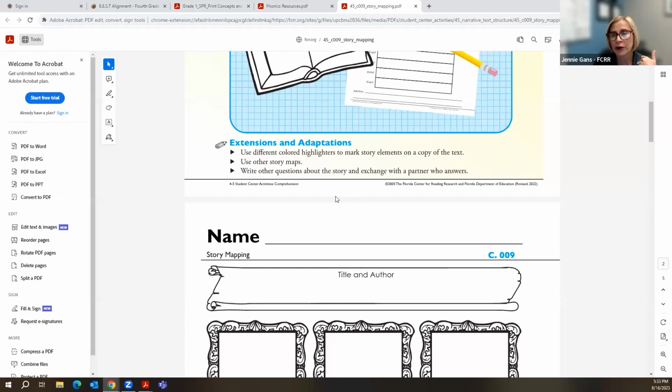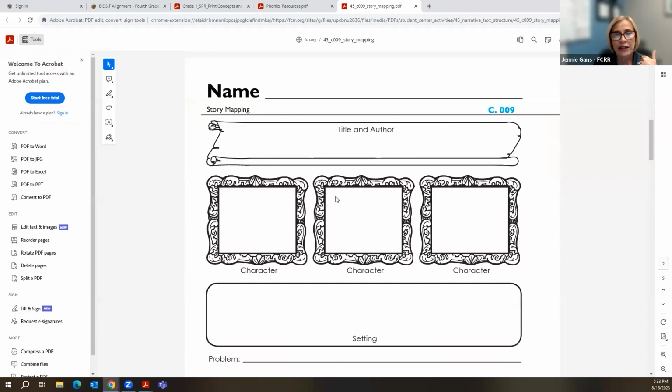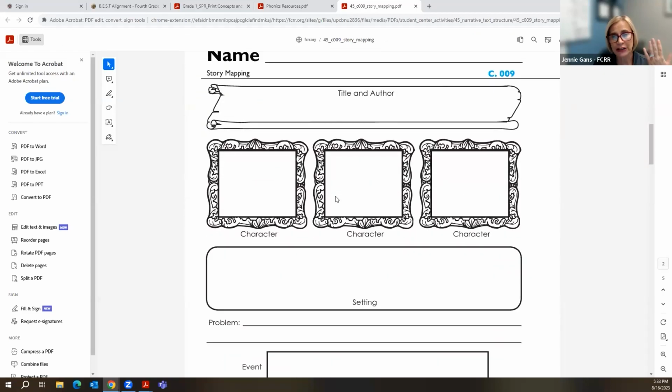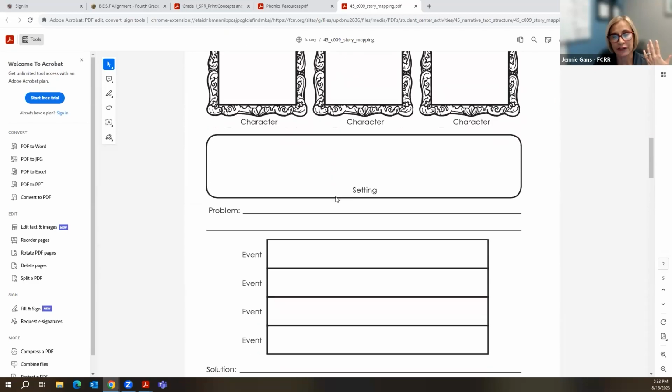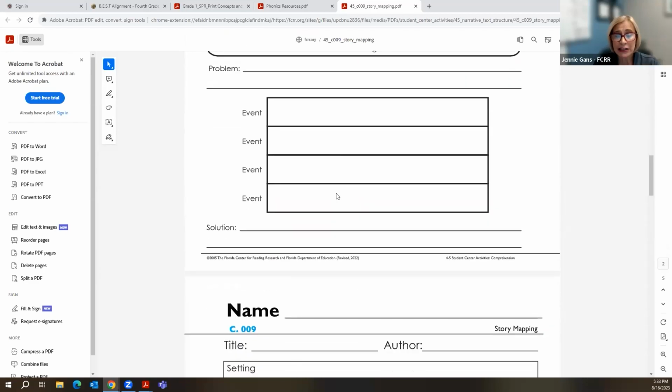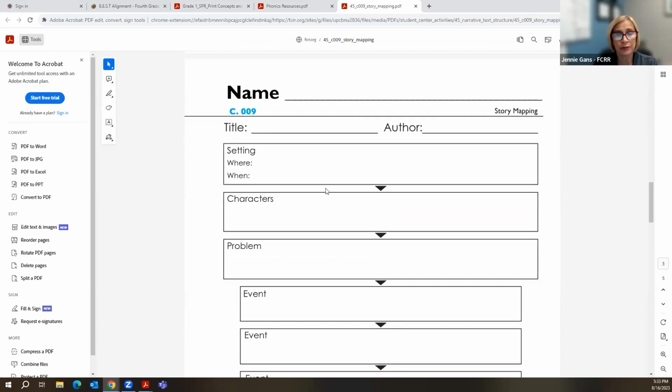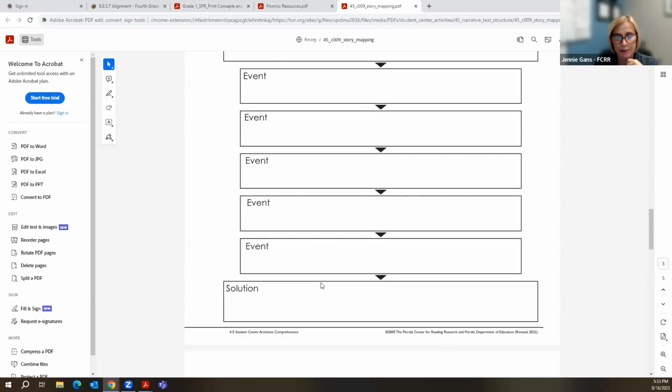But here's an example of what Julie was talking about. These are graphic organizers that can be used in many different ways. So if you happen to like this graphic organizer, settings, characters, problems, events, then this might be something you want to use in a science activity or whatever you might like.